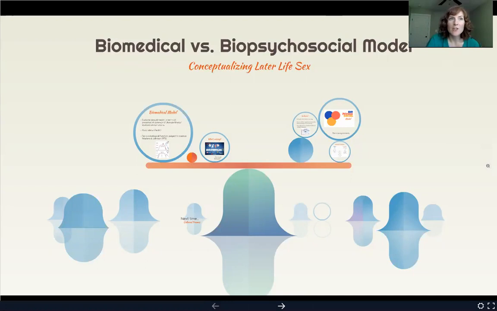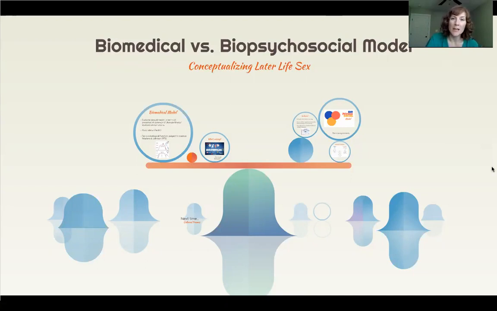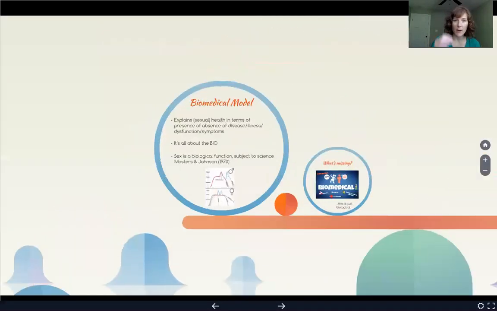When we think about aging sexuality and a model that really captures or is inclusive of sex across the lifespan, the biopsychosocial model is the way to go. It gets the gold star. And it does so because of the sort of breadth and depth that we talked about in the last lecture that it provides, and it really incorporates a lot of the aspects of human sexuality in general, but is very inclusive of aging sexuality. So first I'm just going to go through some of the aspects of the biomedical model again.